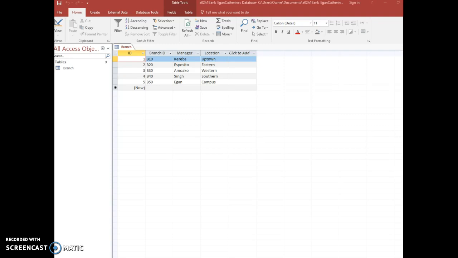Access will automatically create the ID field as you enter in the information as you tab through the different columns. So in the assignment, we were assigning the branch ID. We named that header, and we next tabbed over and named the next column as manager and the next